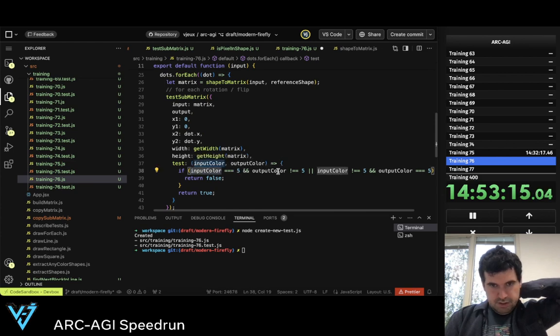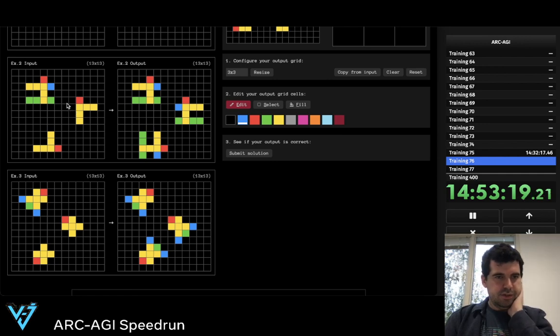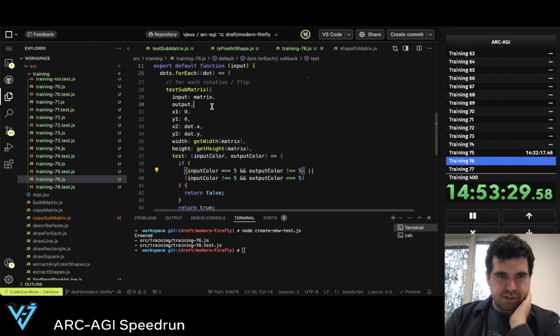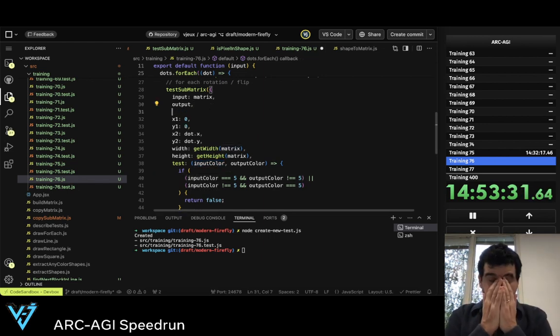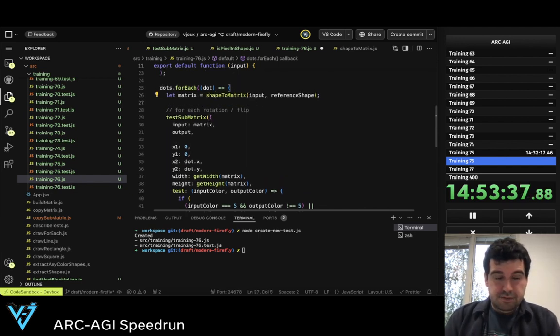So if one is yellow and the other is not, let's say for this one, we test this one, this one is yellow but this one is not, then we don't do anything. Okay, so now the last thing I need to do is the x2, so now I need to find